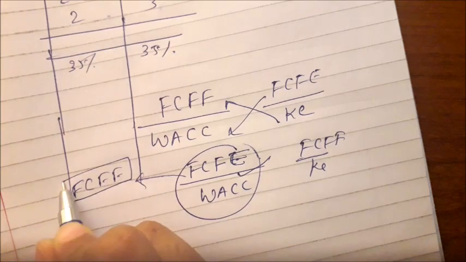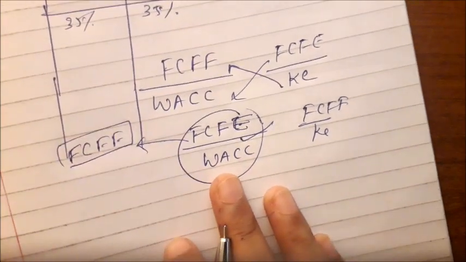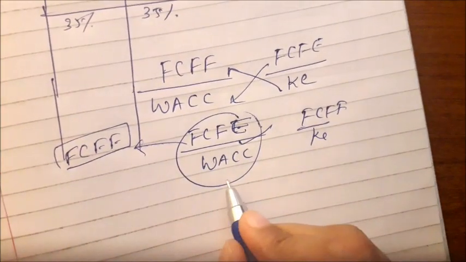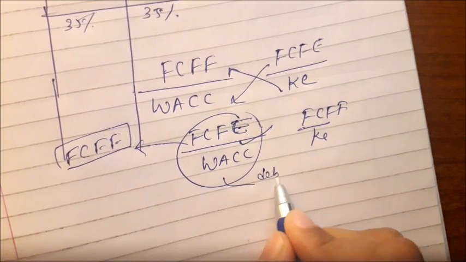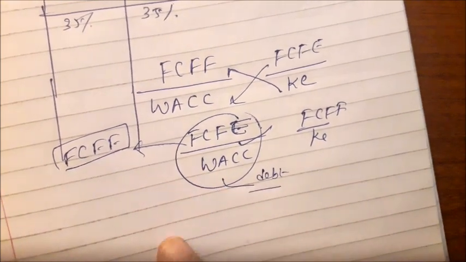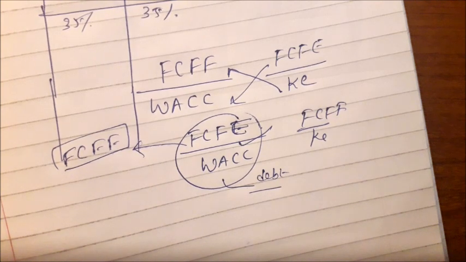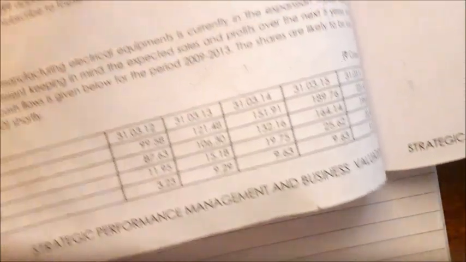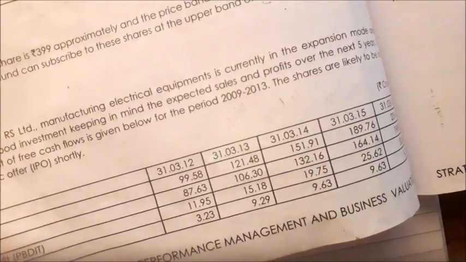We consider that the company is only financed through equity, but while discounting we take debt also into consideration and we discount with the weighted average cost of capital. So this is how illustration number 22 is done. In 23 they have readily provided the free cash flow to the firm, but in fact they have found the free cash flow to equity. And why is it done so? Because the question says it's going to issue an IPO, it's in expansion mode, and all that itself means we have to think that the company is only equity financed.